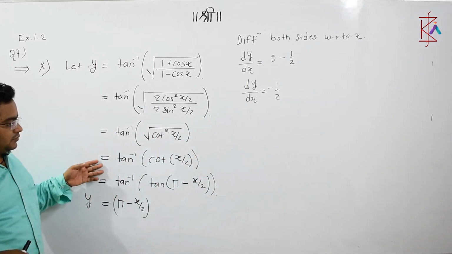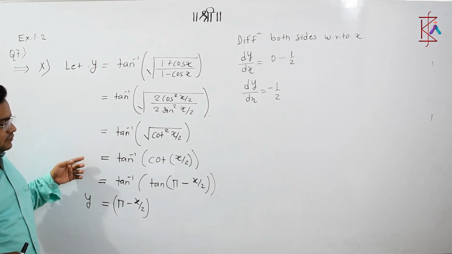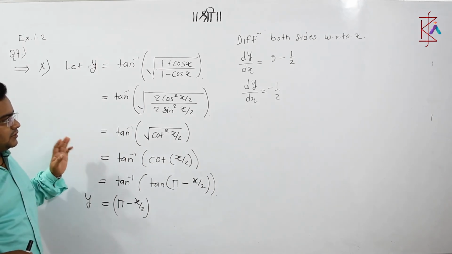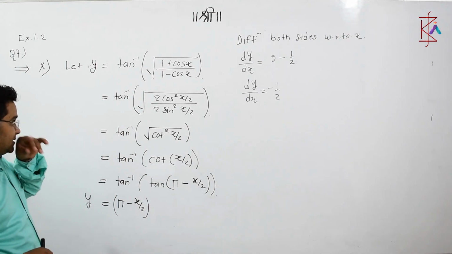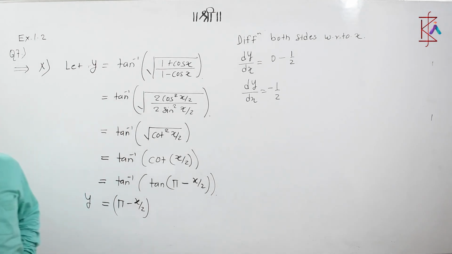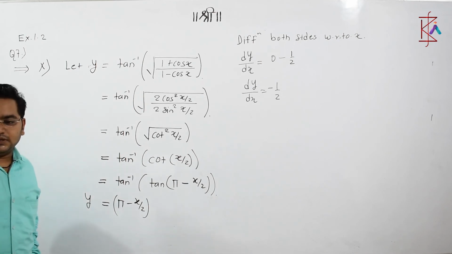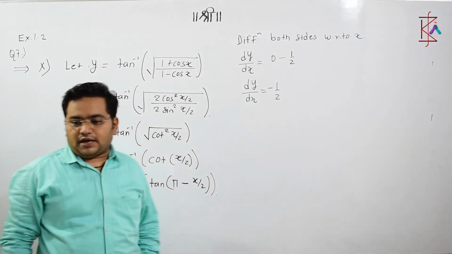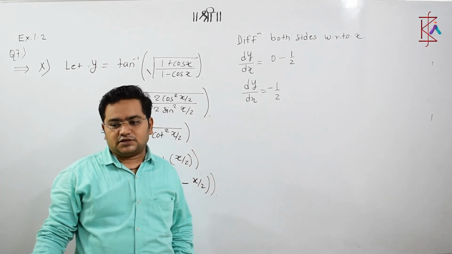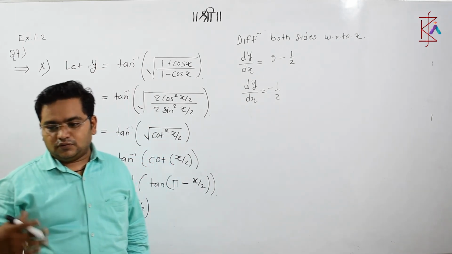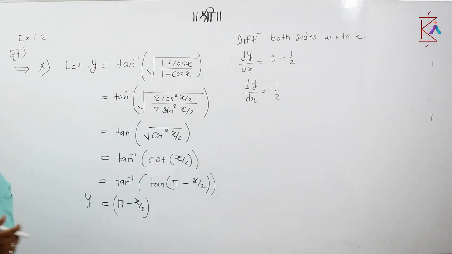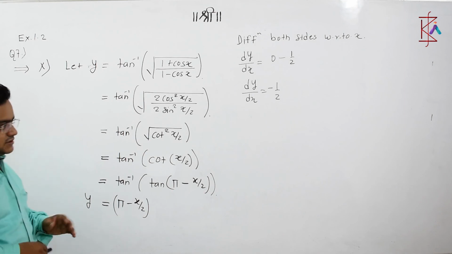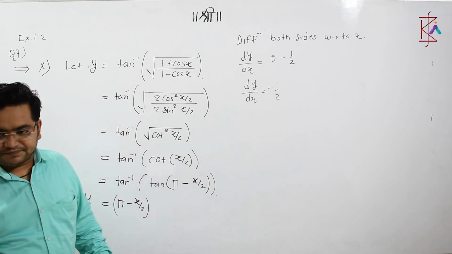So simply what we need to do is substitute these values, and step by step we can find our answers. So here our question number 10 is over. The next question again has an interesting property. Question number 11 we are about to discuss is tan inverse of cosec x plus cot x. Do we have any other identity which we can further simplify? Let's see what we can do in this case.